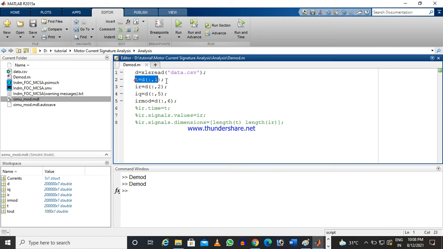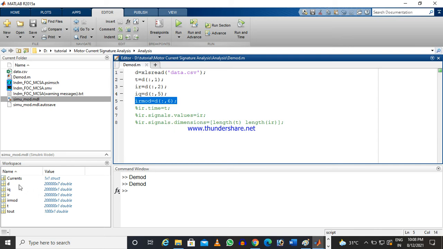The first column is the time, the second column is my R phase current, and the fifth column is the quadrature current, which we are getting from the model. But actually we will only get IR, and here I am using the demodulated waveform, which is nothing but passing the R phase current through a band stop filter.